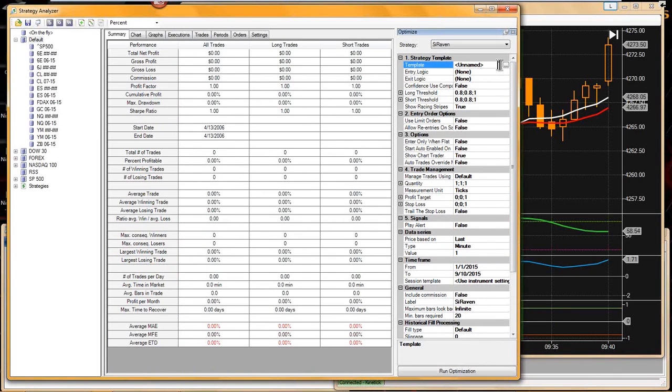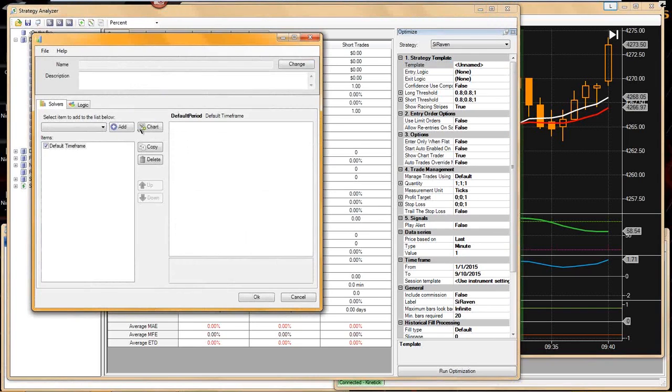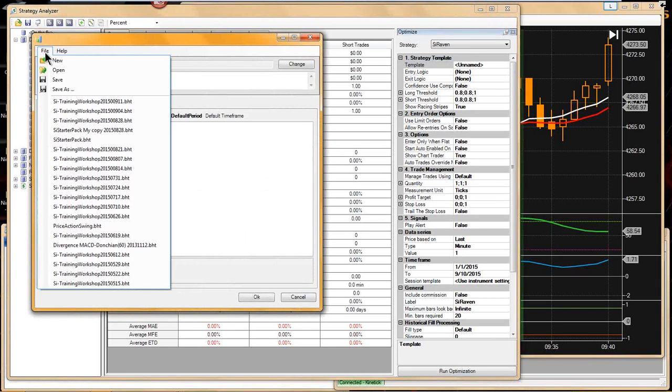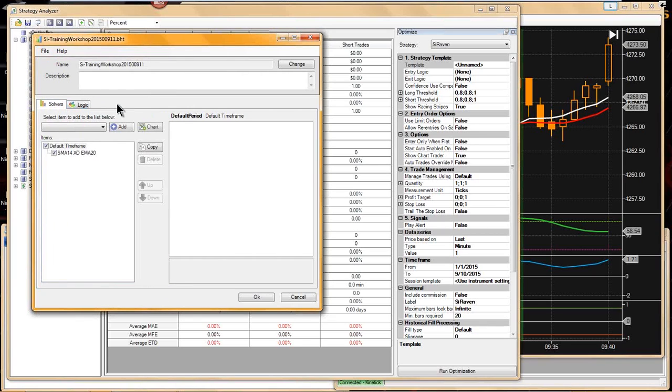Okay, so now I can pull up the strategy analyzer, and now I can go in and load today's workshop template. I go to File, and you'll see it's going to show up right at the top of the list here. This is a most recent list, showing the most recent 20 files, sorted by the date that the file was saved. Alright, so there's our crossover solver,